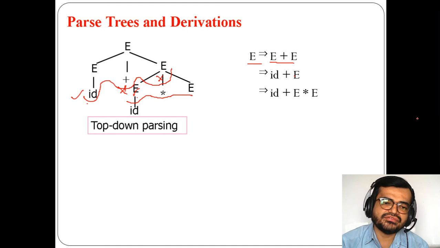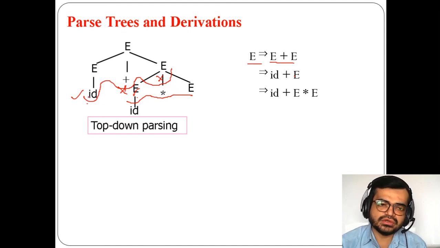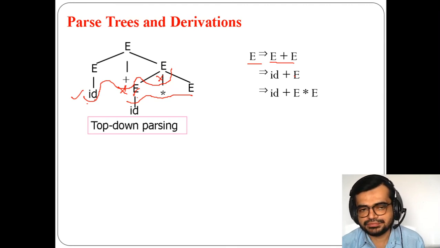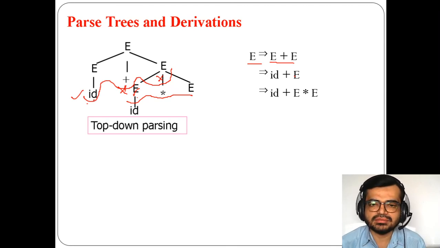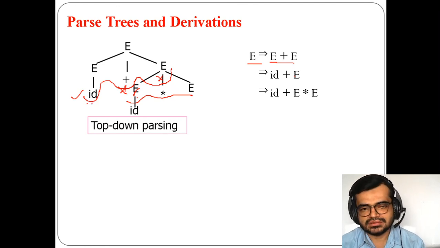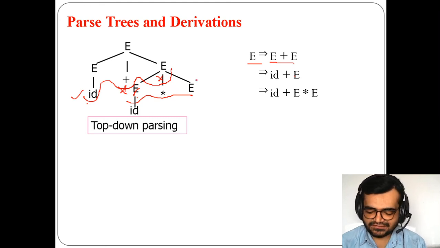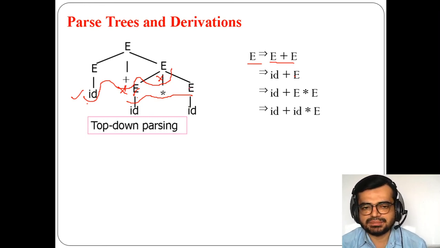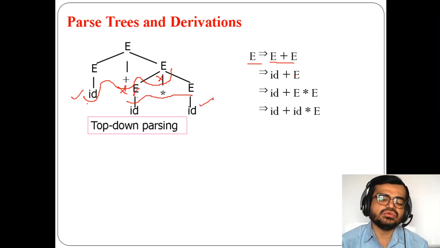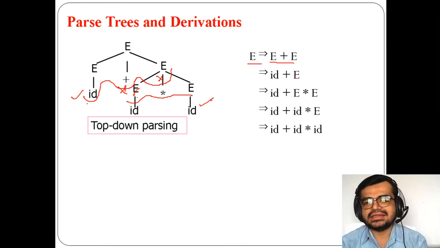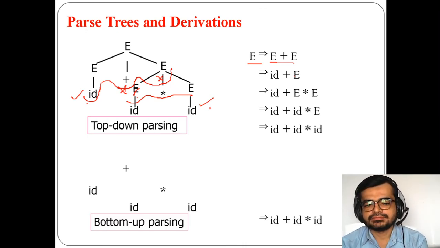And again after that finally, as you reach the terminal, identifier is your terminal. Because of that, nothing is there in the production further. So that's why you are moving towards the right side. And again you are going towards E, then again as it completes over here, finally it reaches this part. So that's why you can find that it is leftmost derivation. Okay, in this way you will get the top down parsing.